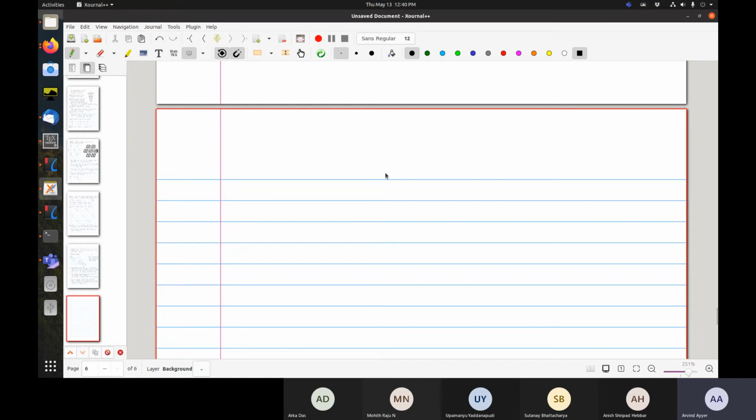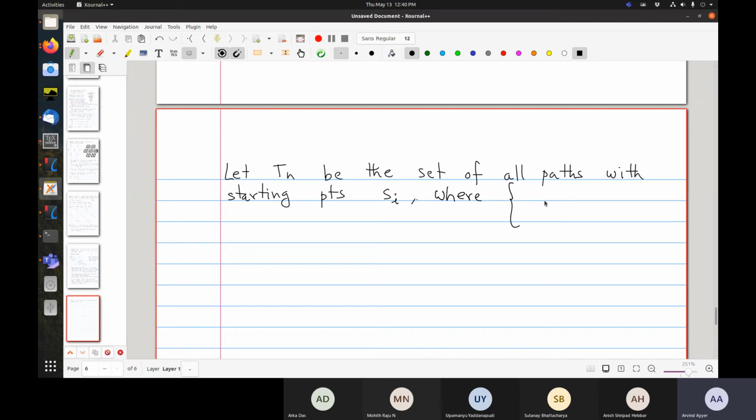So now I'll start this formulation, but I don't think I'll be able to finish. Okay, but let's begin. So let Tn be the set of all paths with starting points Si, where i runs from 1 to n minus 1 if n is odd, or from 0 to n minus 1 if n is even, so that we have always an even number,